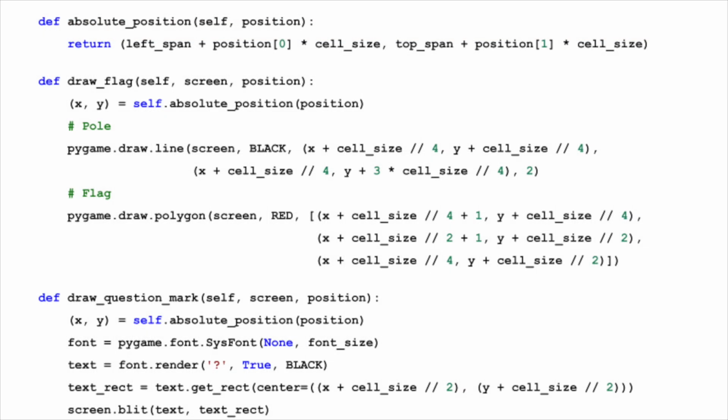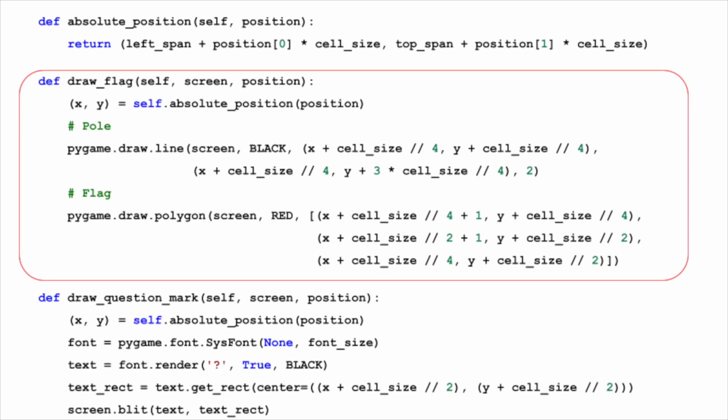First, let's create methods to draw flags and question marks on the grid. The draw flag method visualizes a cell flagged by the player as a suspected mine. We achieve this by drawing a simple yet iconic representation. First, a black line for the pole, followed by a red triangle for the flag. To draw the flag's triangle, we utilize the polygon method in PyGame, as it doesn't offer a direct method for